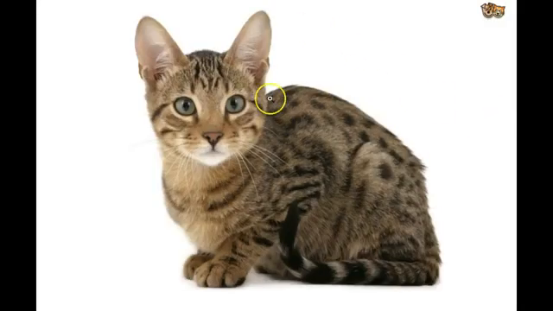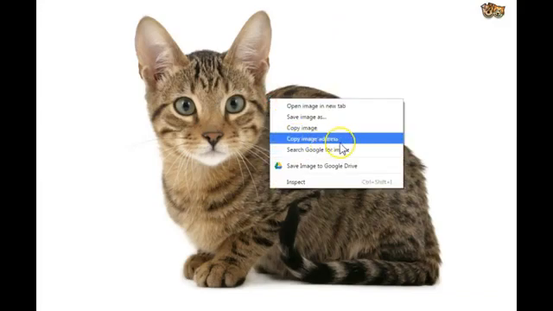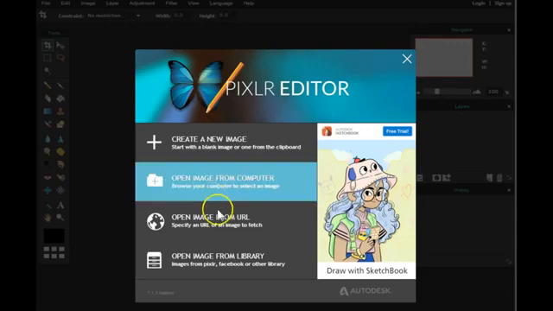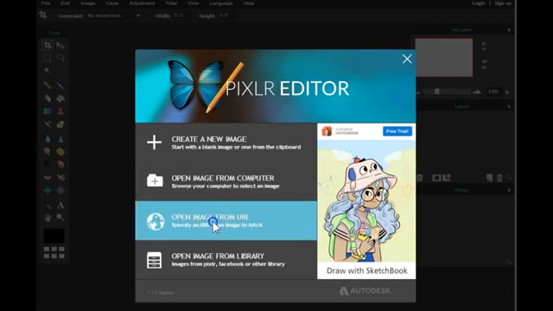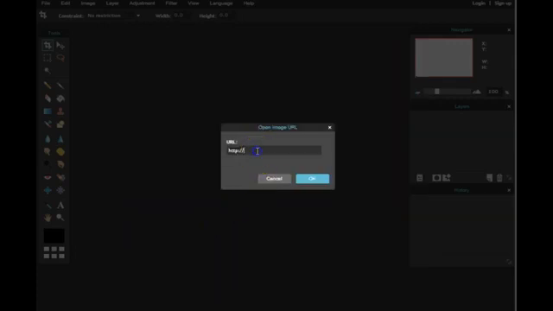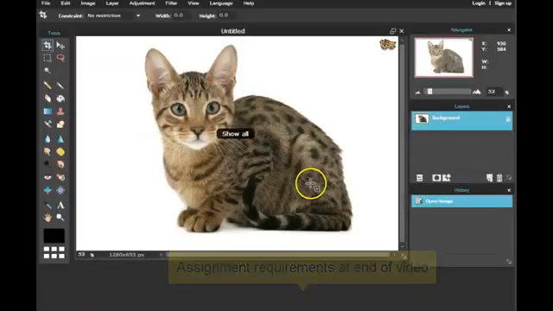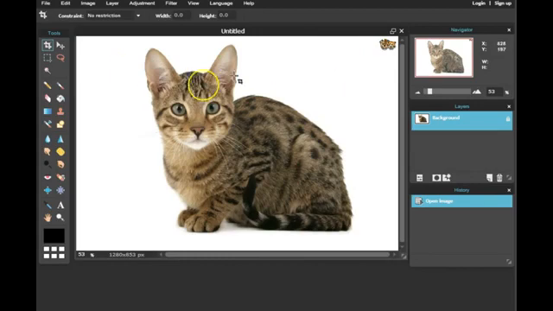Make sure to click on View Image. You can right click, copy image address. And we're going to go to Open Image from URL in Pixlr. Make sure to move the text in that box, paste, and click OK. So, for example, we want to use this cat on an image, but we got to get rid of all